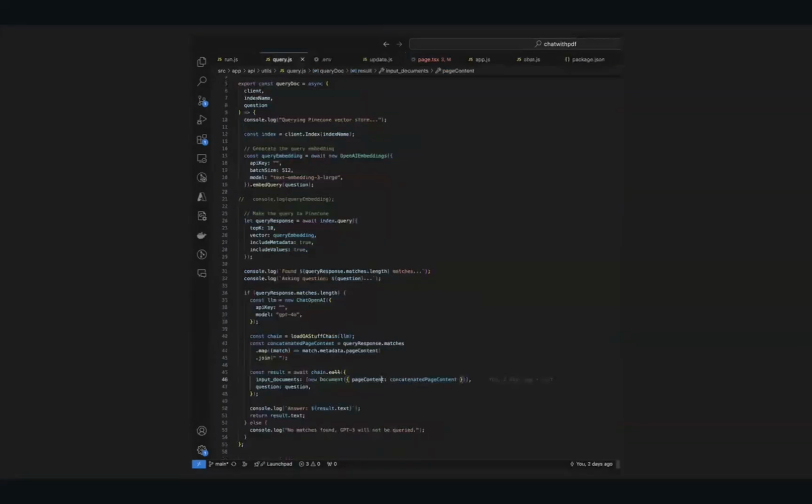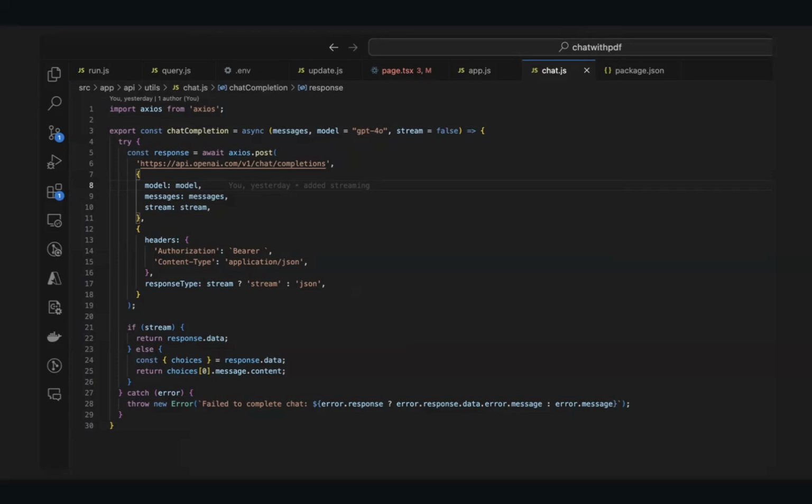And the third, query document or query index, we will get the index and the question, and using the OpenAI embeddings, we will transform our question into a vector format, and we will select the top 10 from the Pinecone vector store database, and we will use the ChatOpenAI to get natural language answers, and we will return the simple answer. If you don't have a PDF and you want to chat with a smart agent, okay, here you